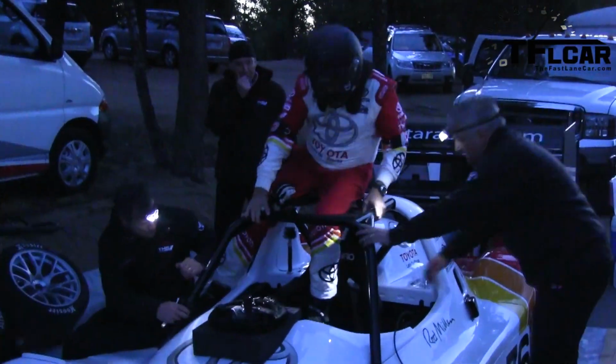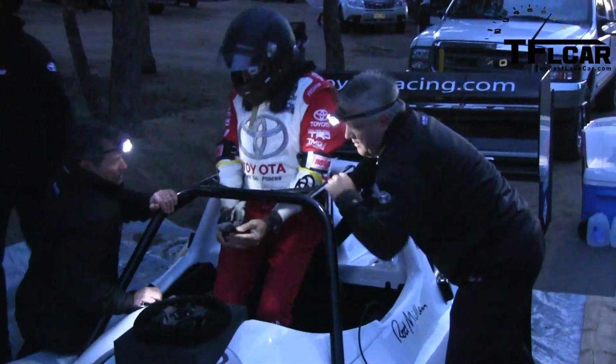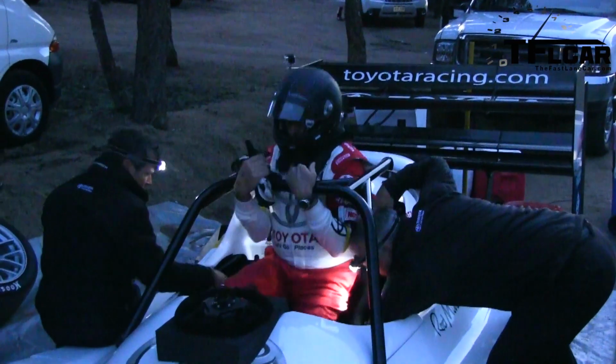I noticed there was some wheel spin. Is there any kind of traction control on it? Yeah, absolutely. The car's got a very highly sophisticated engine control system, powertrain control system, which monitors and controls the two electric motors independently. It's actually a Formula 1 ECU from a couple of years ago that we're using, and it has full closed loop traction control, yaw control as well, so you can control how the car yaws